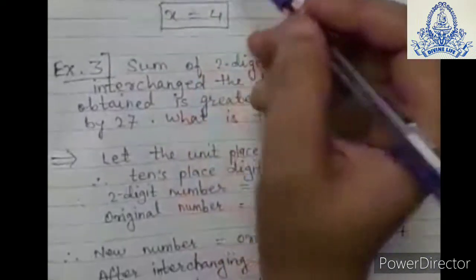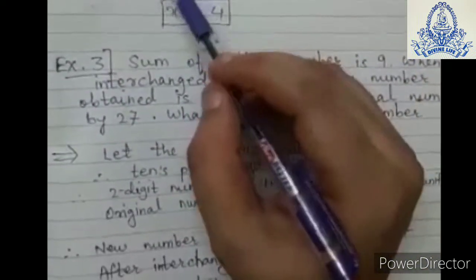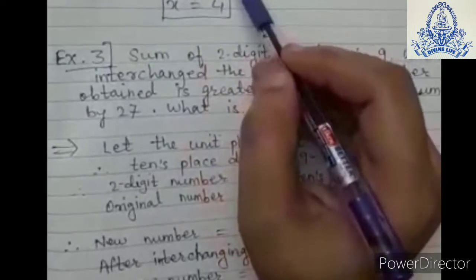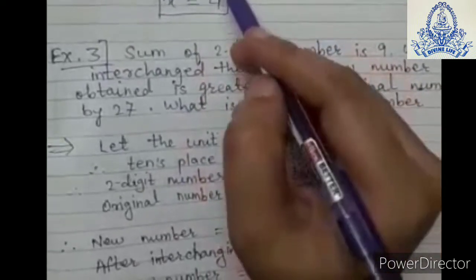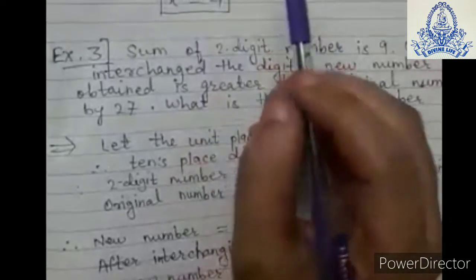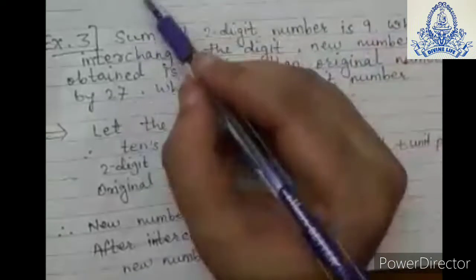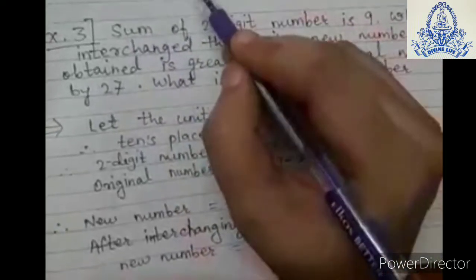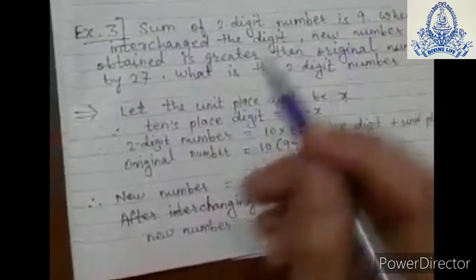So x is equal to 20 upon 5. Here it is in numerator, so while going on RHS it will be in denominator. So 20 upon 5 is 4. So x is equal to 4. So the number Amina thought of is 4. Our required number is 4. Okay. Now see next example.